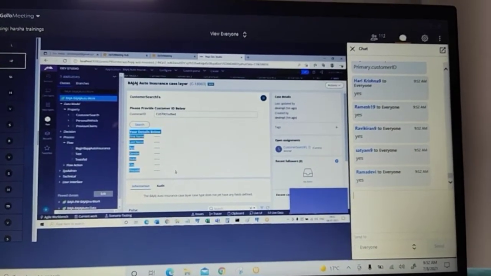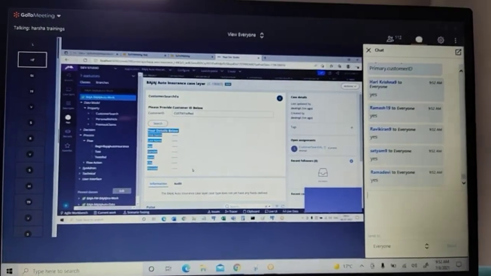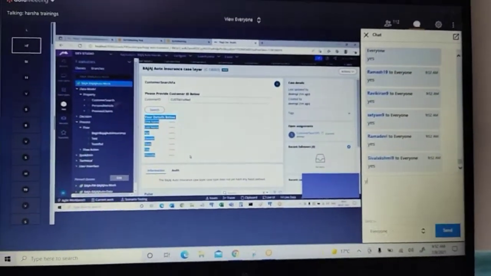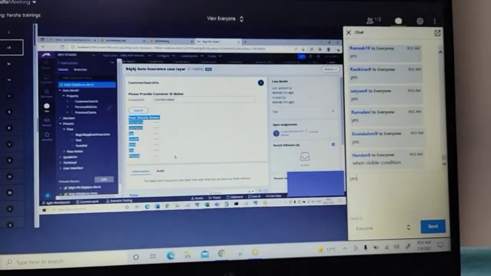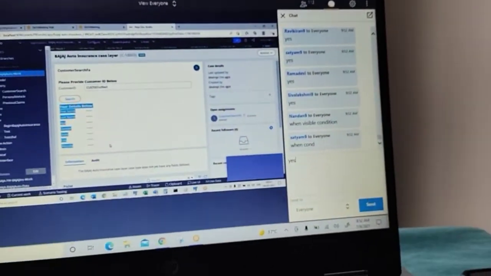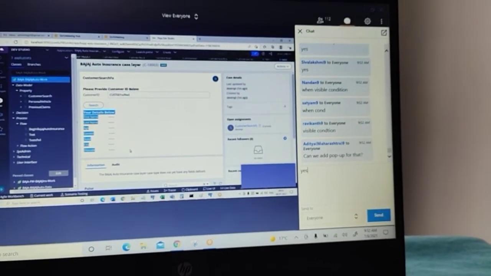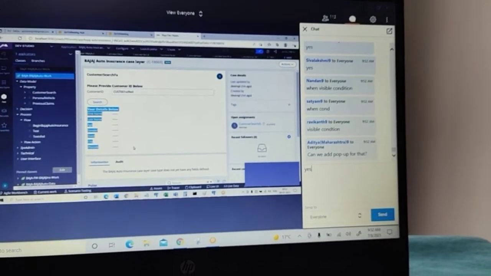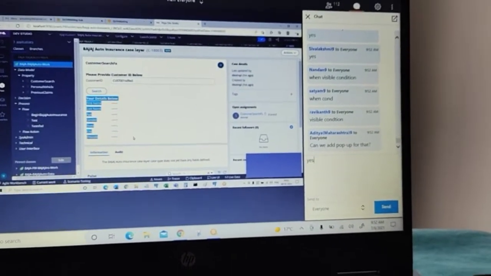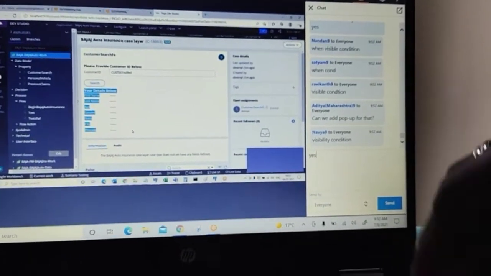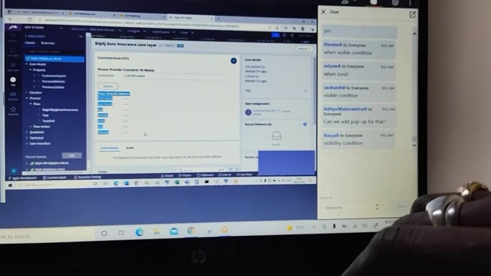For this to implement in the section, what are the modifications we need to do? Tell me the key point. We need to add when condition. When condition for visibility purpose. What is the condition related property? On which property basis you are going to create a condition? That is the main thing here. Okay, I will explain you that.